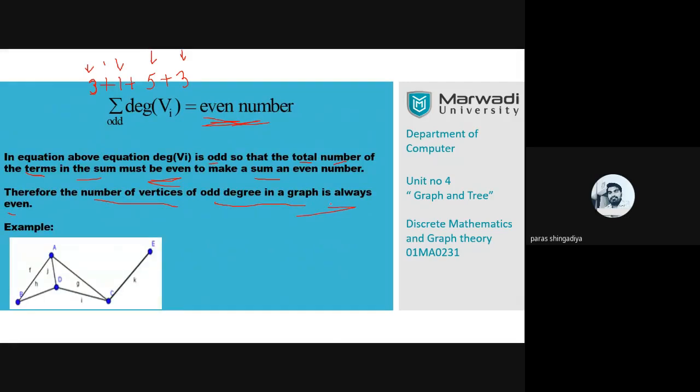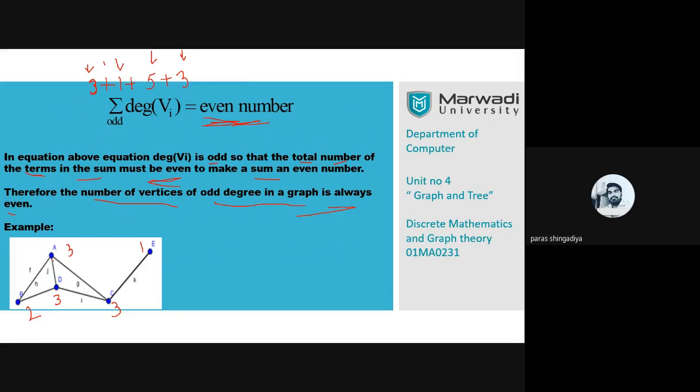So let us take for this theorem this graph. So that is one counterexample here. Degree of A is 3. Degree of B is 2. Degree of C is 3. Degree of D is 3. And degree of E is 1. Okay, so 5 vertices are mentioned in such form,